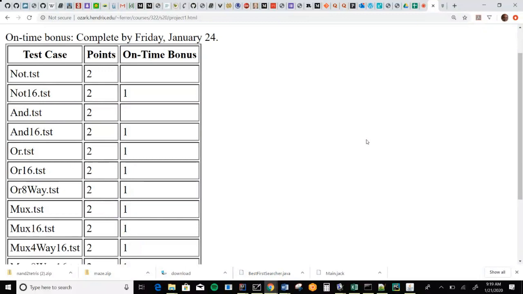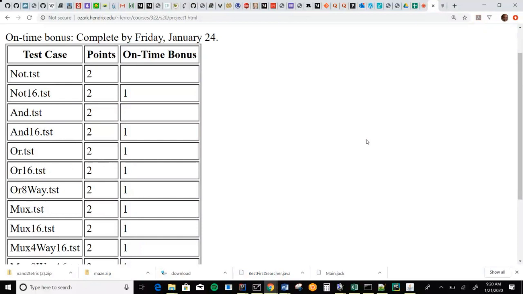So this is the order in which I recommend doing them. Start with the not gate. Then not 16 is literally going to be like copying and pasting 16 of these. Normally copy and paste is the worst thing ever.